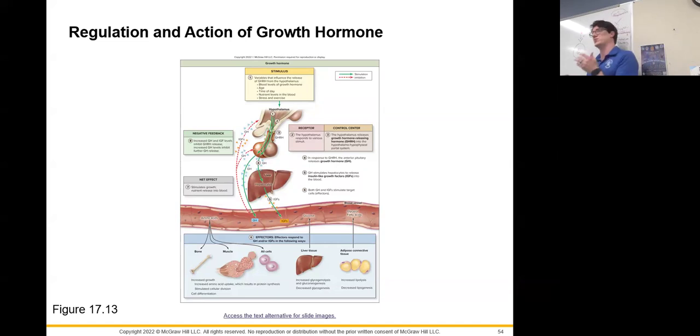However, the opposite of this is also true. It is also possible for us to have what we call pituitary dwarfism, where people's growth hormone levels are too low, so their long bones don't grow enough. As this is happening, you end up with people that are going to stay fairly small in stature, and they're going to have the same proportions as a normal, healthy adult would. So their head will be in the same proportion to the rest of their body. So they're just going to look kind of like